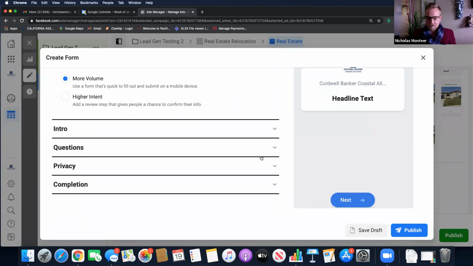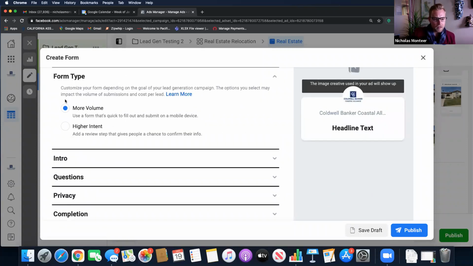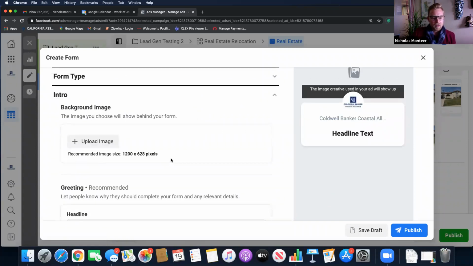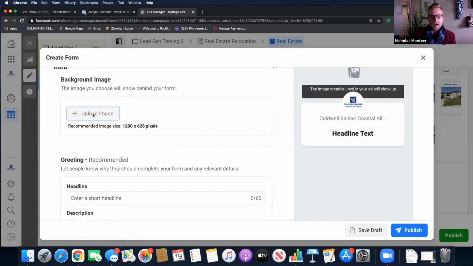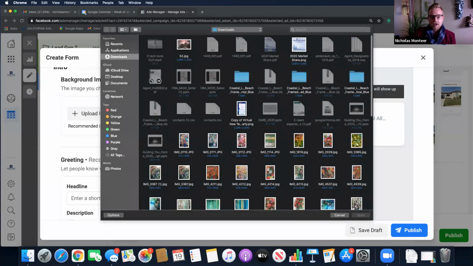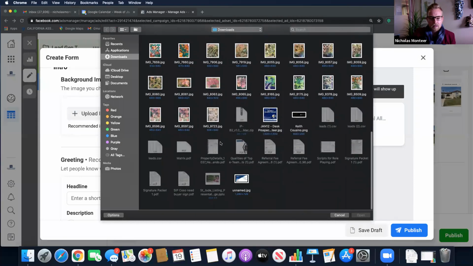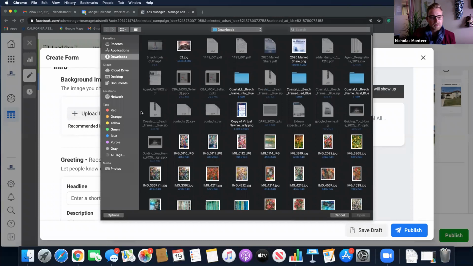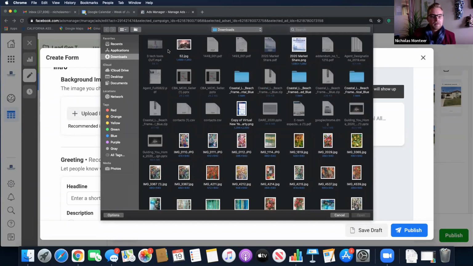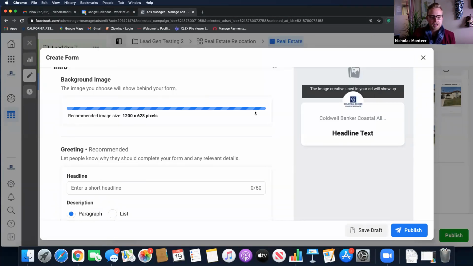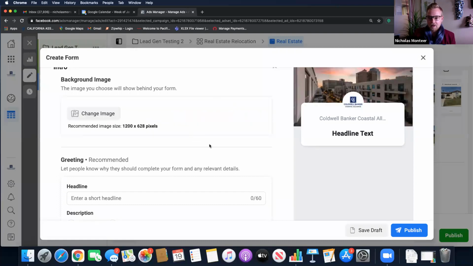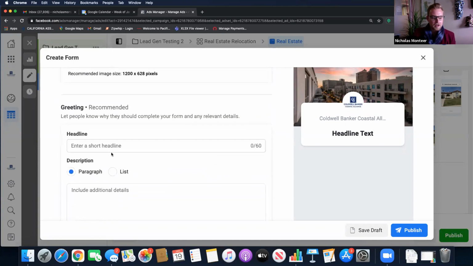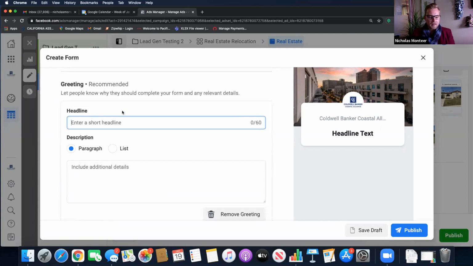We're not advertising that. So form type, intro, what kind of background image do we want them to see? A lot of times it's good to just go with the same image as your ad. So where was that cute, adorable little Spanish house? I don't even know. Okay, pretend it's the little Spanish house. I was going to use the same image again, just so you guys know. That's actually a picture from Chuck's condo thing we were working on, but that's where the image goes, behind my text here.